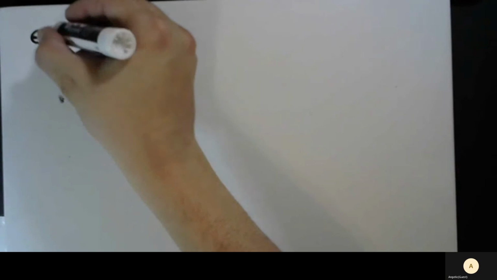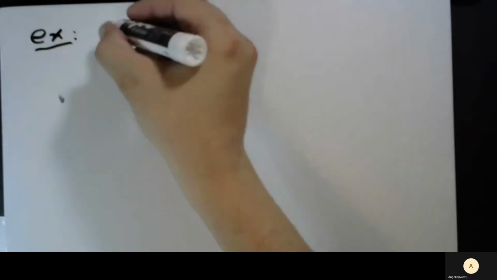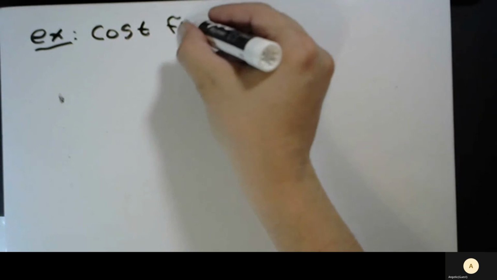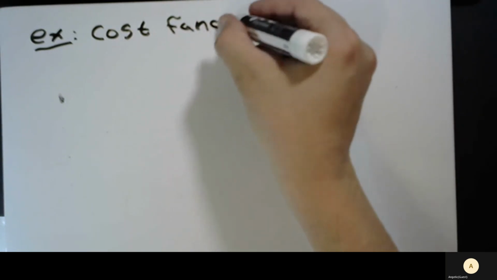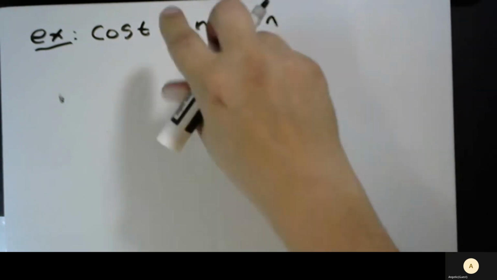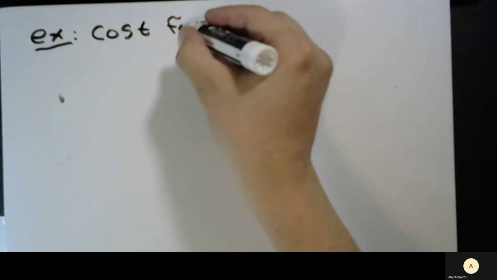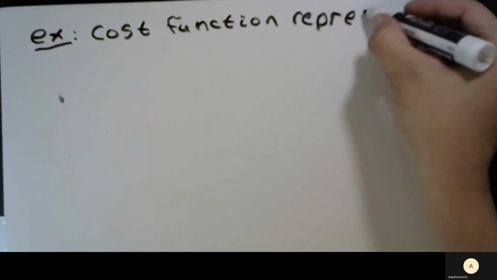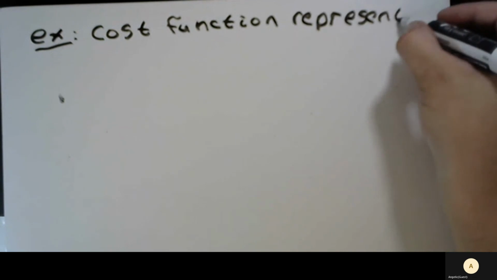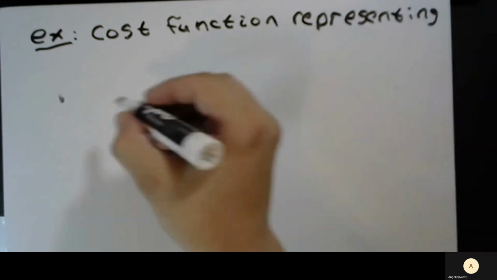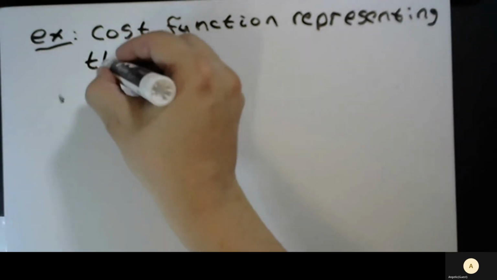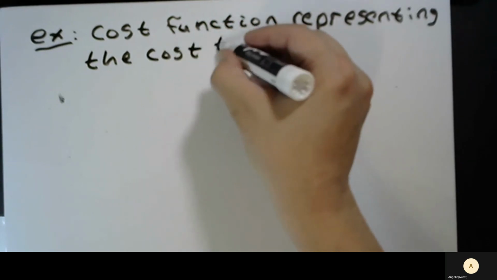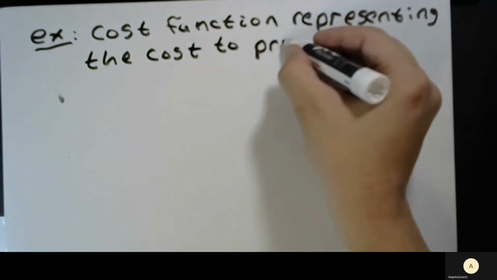So let's say we have this: a cost function representing the cost to produce